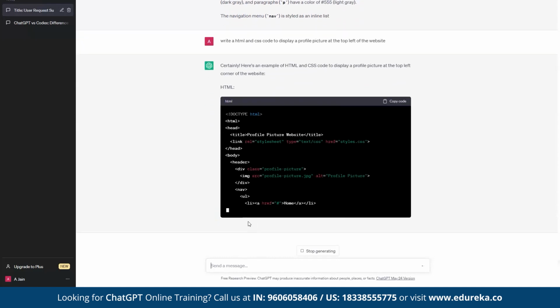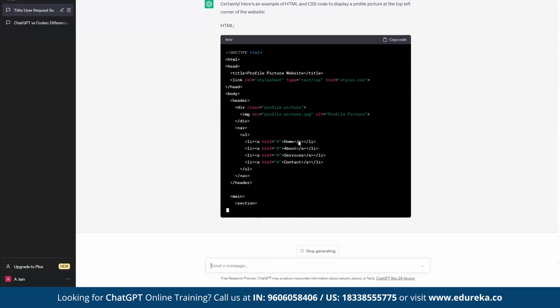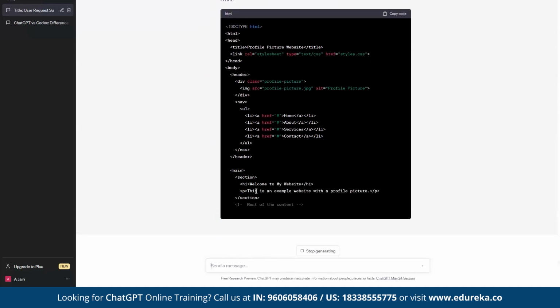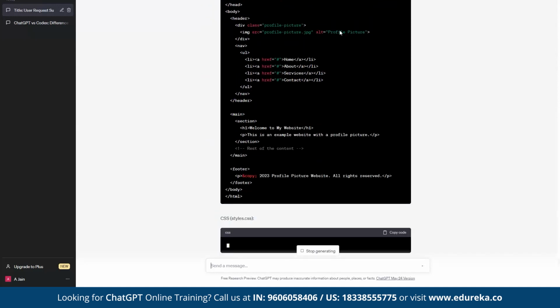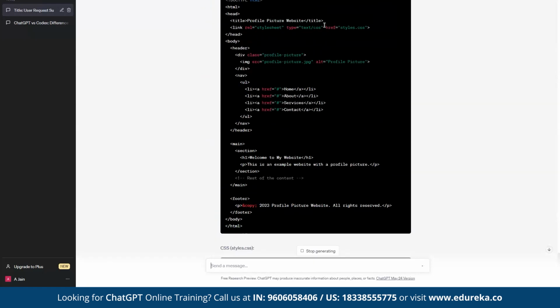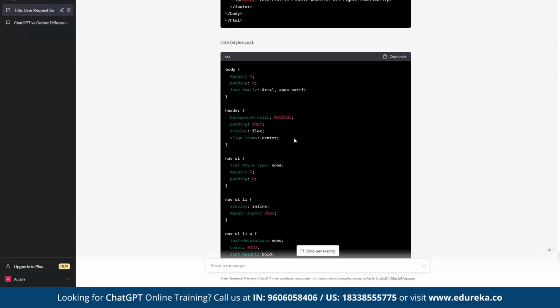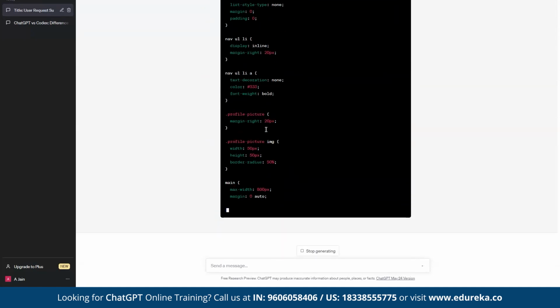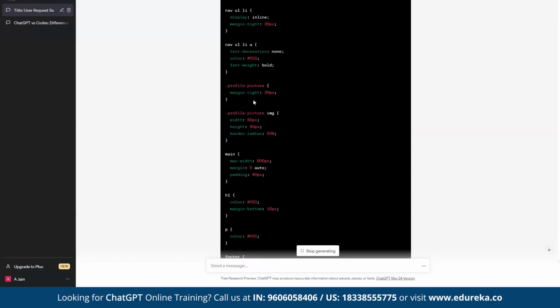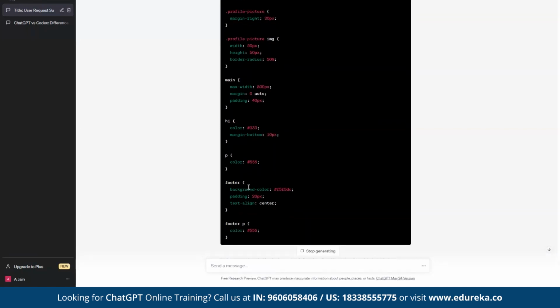Even though I'm not an HTML expert, I'm sure this code should be very relevant. And you can see here, it has taken the space in the top left to display your profile picture. And it has given you a template for it. Within no seconds, it has written a lot of lines of code. You can have a check here.